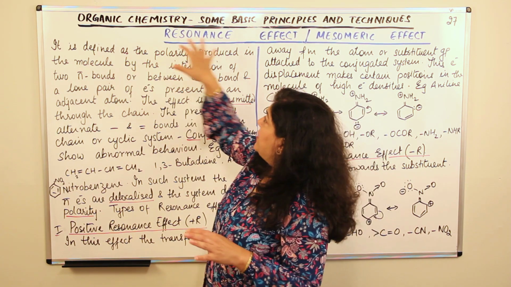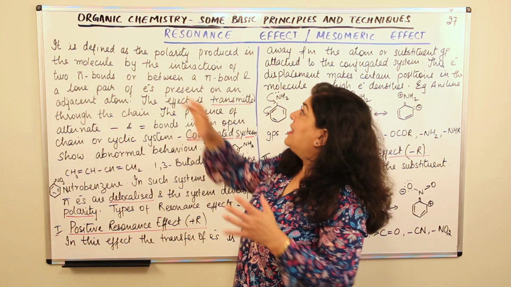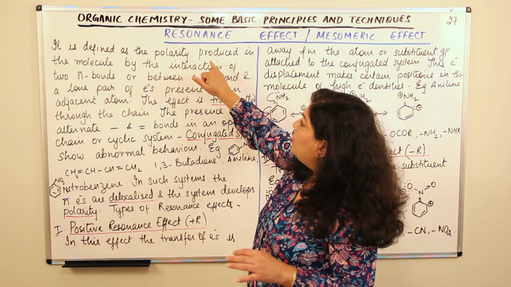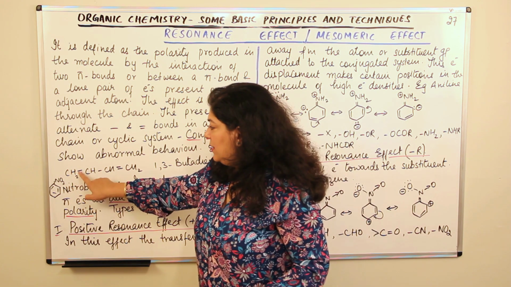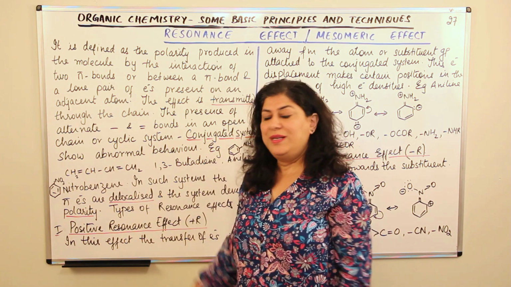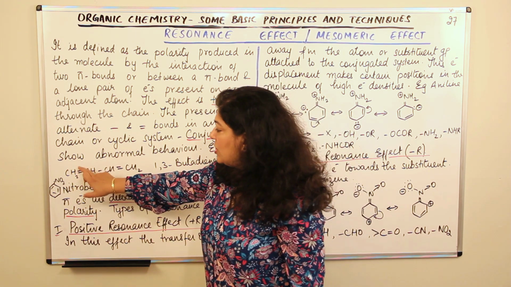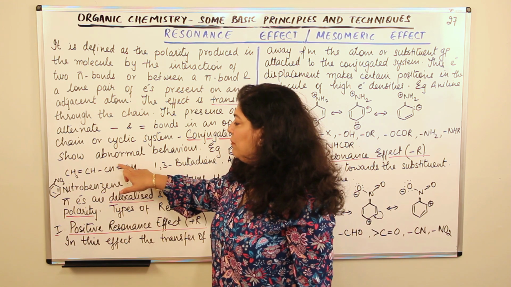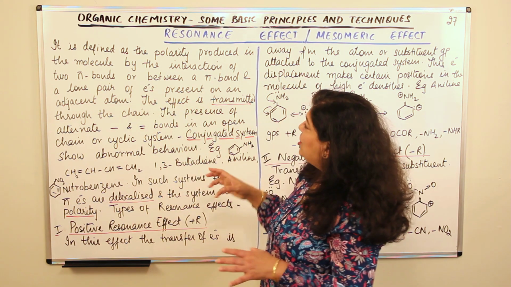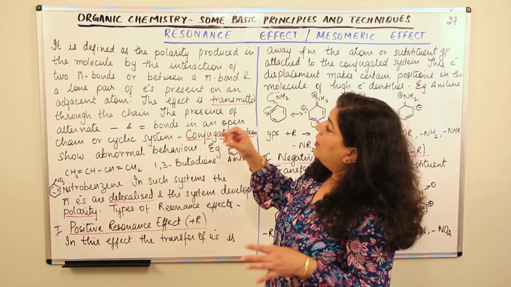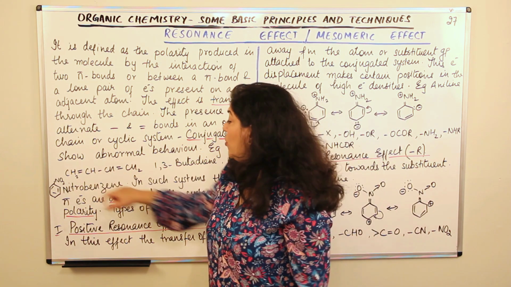So, what is resonance effect? It is defined as the polarity which is produced in the molecule by the interaction of two pi bonds. These two pi bonds are interacting. Why do we say two pi bonds are interacting? Because this pi bond, if it moves here, this pi bond should move further. Right? So it is an interaction between the pi bonds, two pi bonds, or between a